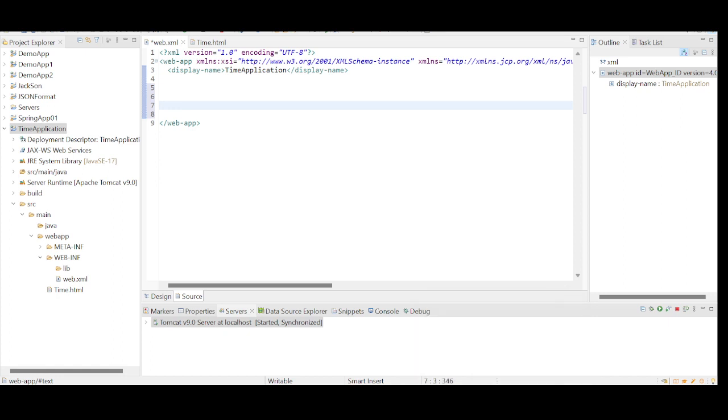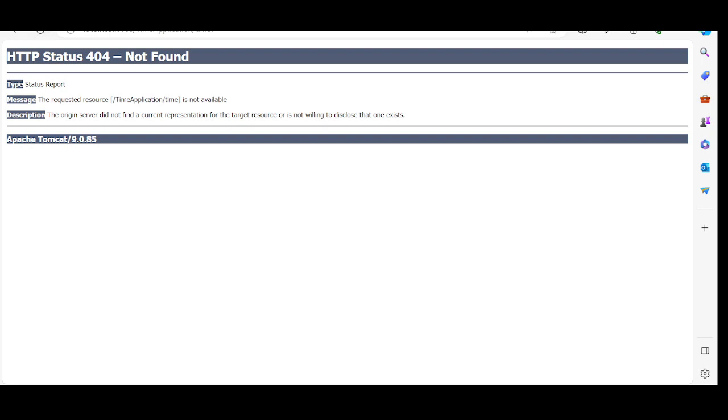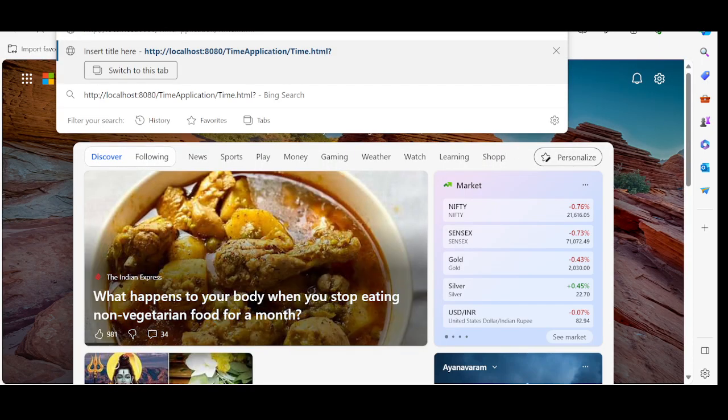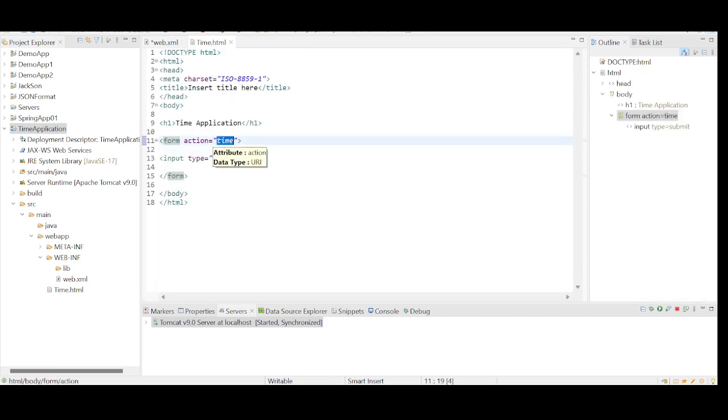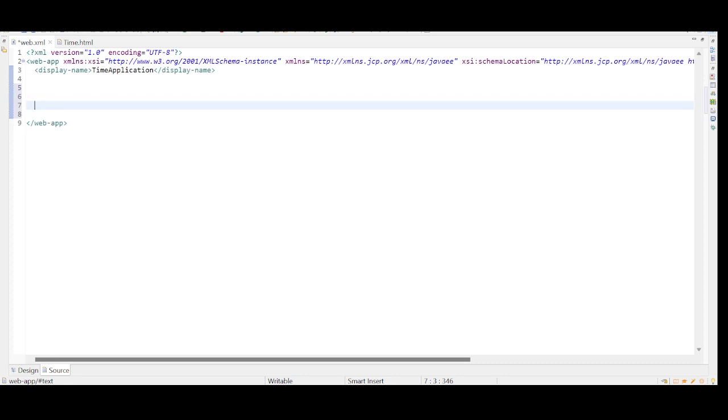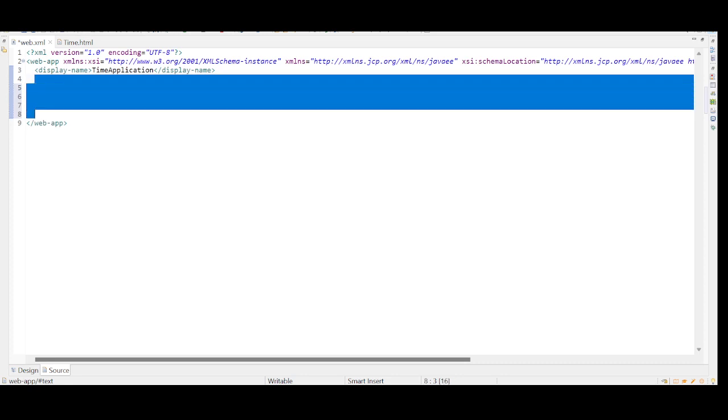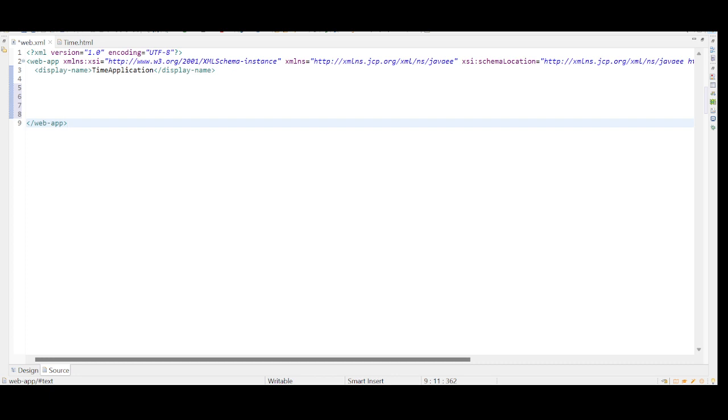Very simple, guys. Again, I'm repeating. After clicking on submit, the control will be redirected to action. In the action, we have specified a path. It's not able to find this path because this mapping can be done in the web.xml page. For now, the web.xml page is empty. Why is this empty? Before even defining this web.xml page, we need to write a